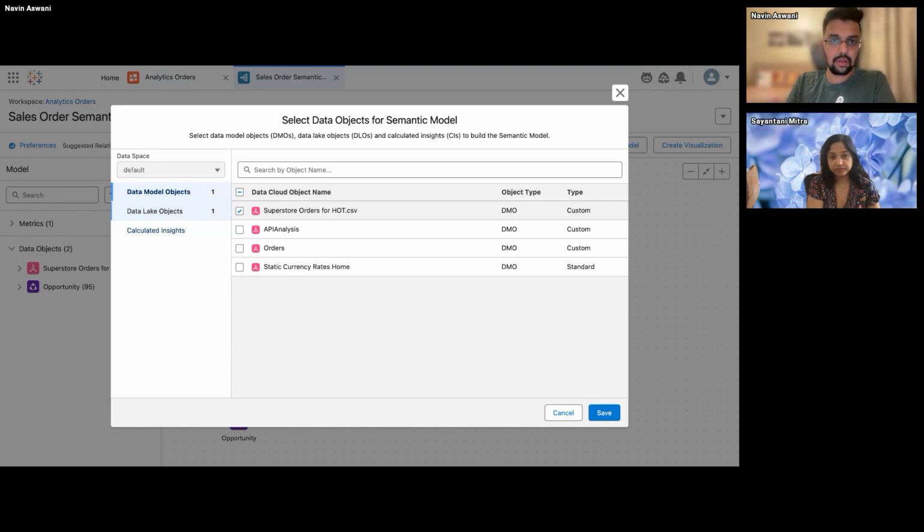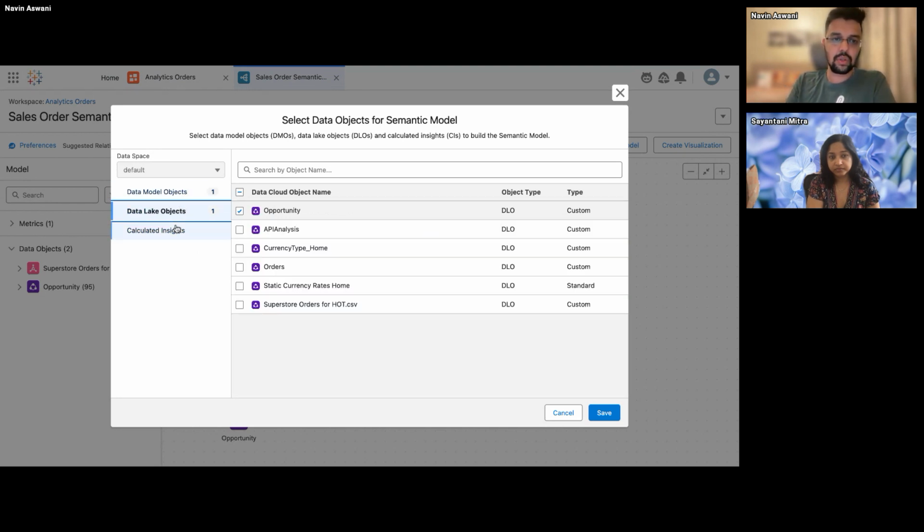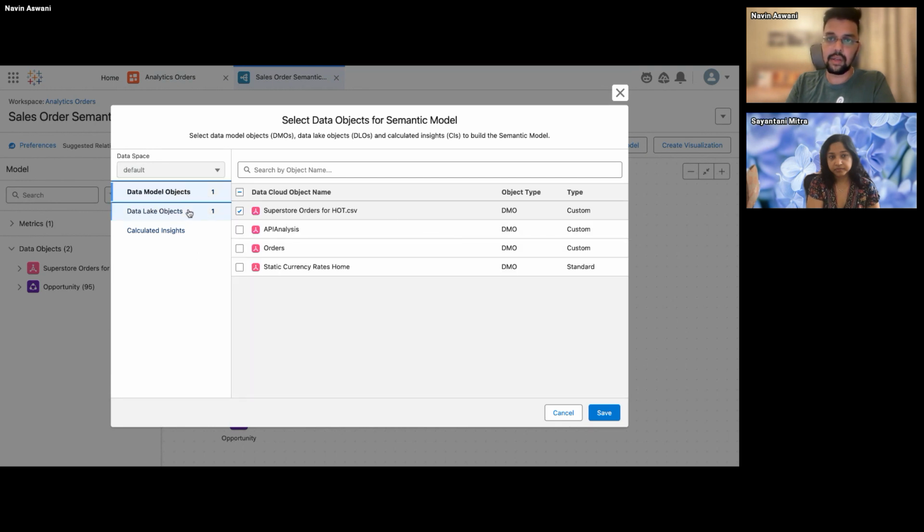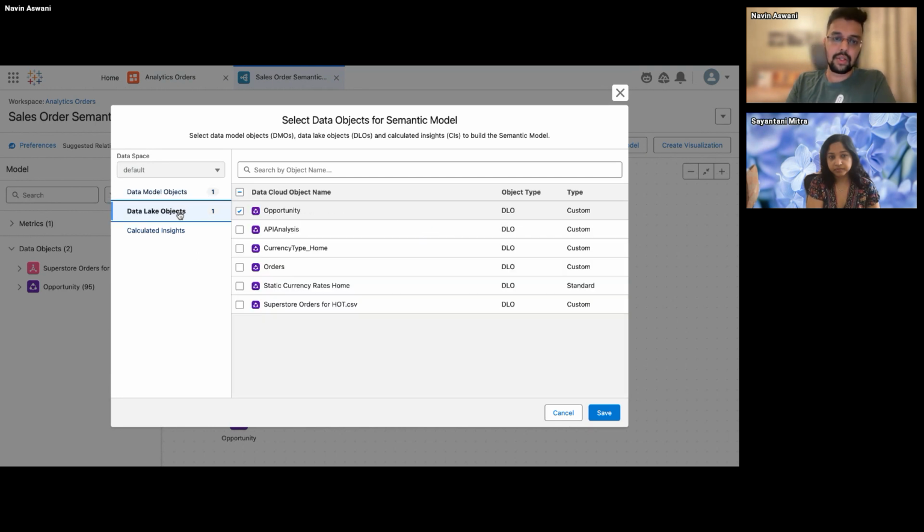And then, it is integrated with your data cloud as well as Agentforce. So this will show you all the data lake objects, all the data model objects that are there in your data cloud. So we have already extracted opportunity into our data cloud, and that is what I'm using in our semantic layer for now.